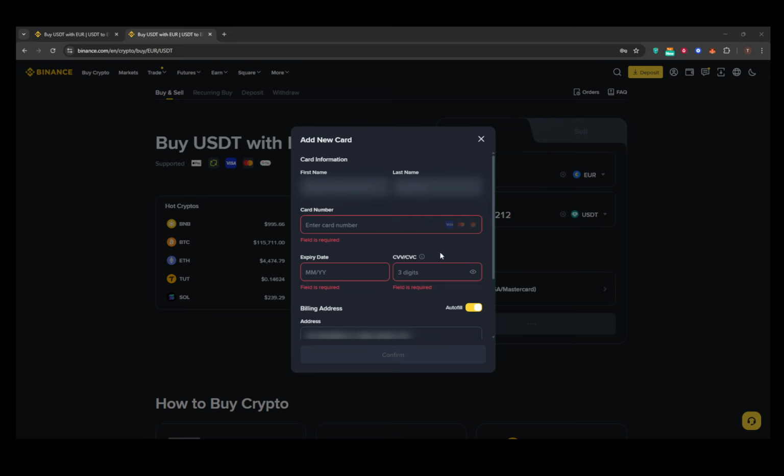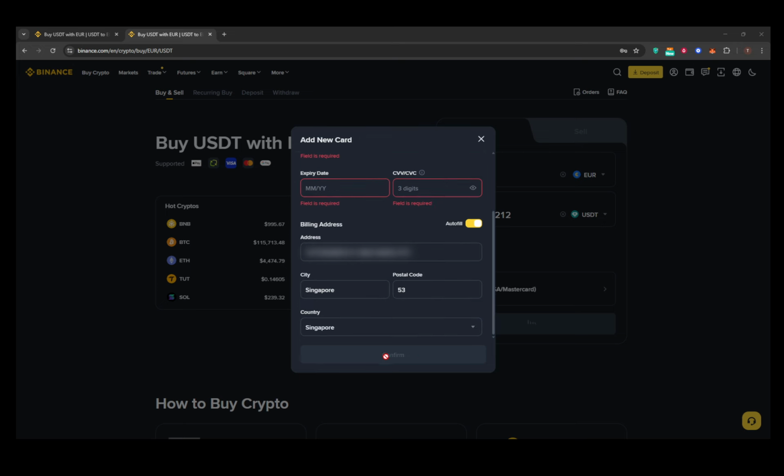Make sure to review any fees associated with card transactions on Binance, as these can vary based on your country, and also check the purchase limits that might apply daily or monthly. Once you've reviewed everything, confirm and save your card information. If all goes well, your card will be approved and will appear in your